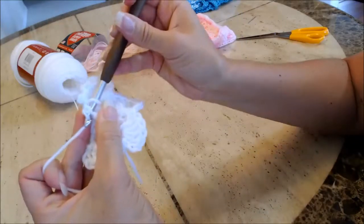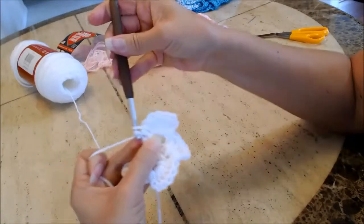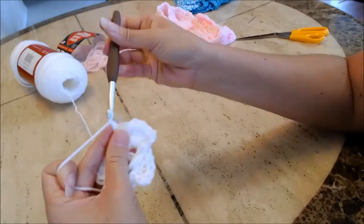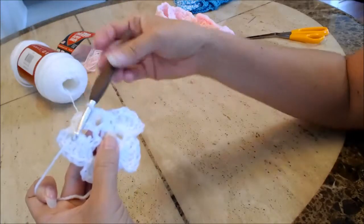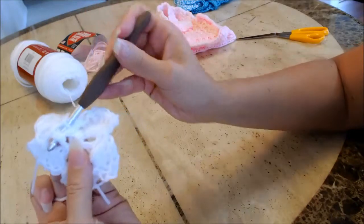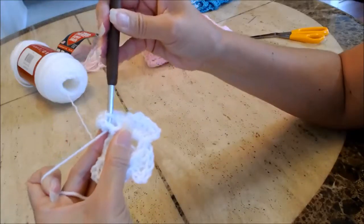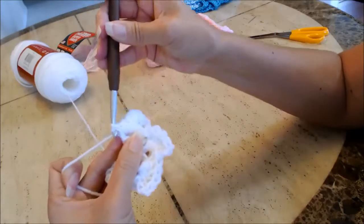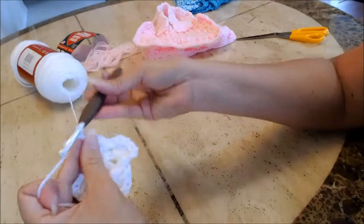Now you're going to yarn over and do a single chain. You have 2 loops on the hook, yarn over and pull through 2. Now you're going to chain 2, 1, 2, and then you're going to go over to the next spoke. You're going to go around the back of the spoke. You're going to yarn over, pull the yarn behind the spoke, and then yarn over and go through both for a single chain. You're going to chain 2, 1, 2,